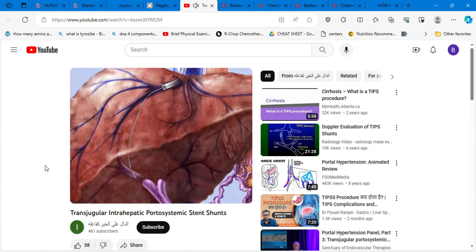A wire is advanced through the needle. After the needle is removed, a pigtail catheter is advanced over the wire. The wire is removed. Direct pressure is measured in the portal vein to check for a significant gradient. The wire is placed back into the portal vein and the pigtail catheter is removed. A balloon catheter is used to dilate the tract between the hepatic and portal veins. The balloon catheter is removed and the sheath is advanced over the guide wire. The stent is advanced through the sheath until it is in proper position,